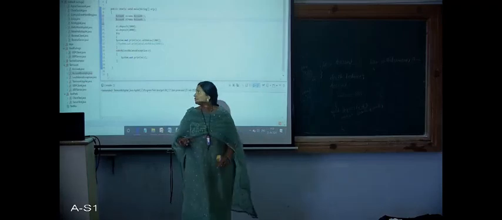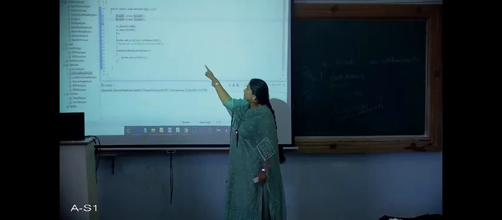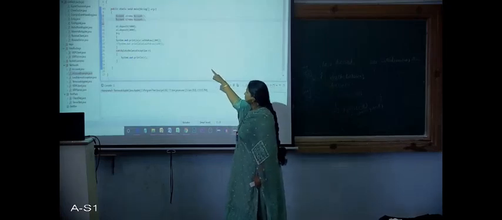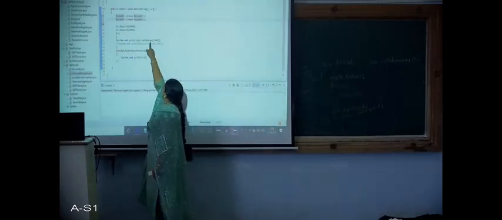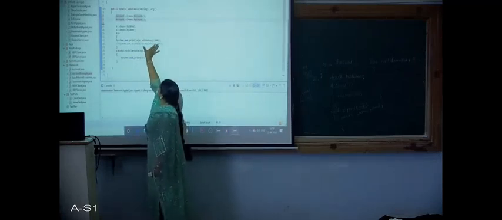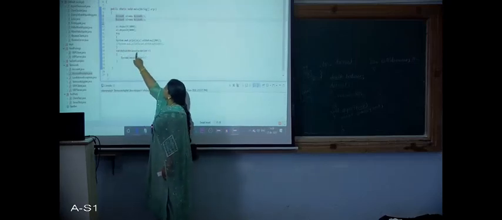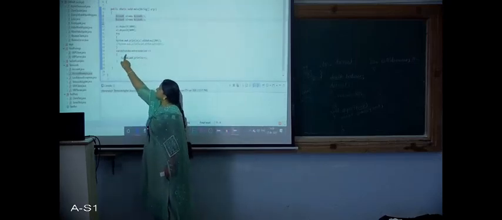Account A1, account A2, and then we are calling the deposit methods, A1 dot deposit 1000, A2 dot deposit 2000. And you can observe that whenever we are withdrawing, when we call this withdraw method, we are placing this within the try block, and in the catch block we are catching this less balance exception.